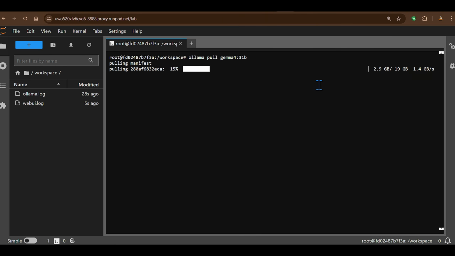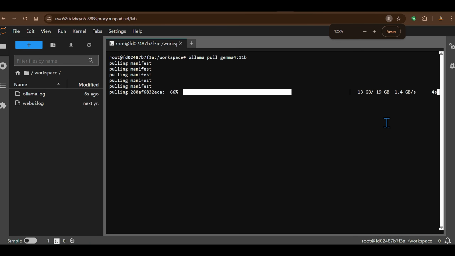You can check up the downloading speed. It's 1.4 Gbps, which is really great. I don't get such speed at my local network. So therefore, I use RunPod. It's so easy and so fast to get started. You can see how I was able to run the pod instantly, download this model, OpenWebUI, and test it on